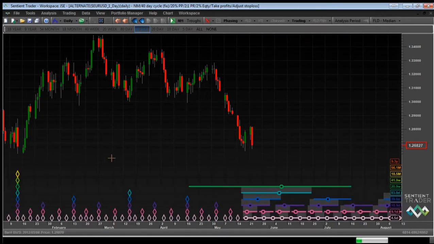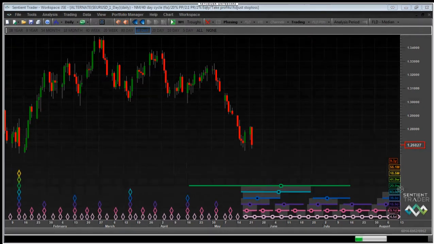Okay, well, the Euro US dollar, and I'm going to have to wrap up today's trader chat with a quick look at the Euro US dollar. I'm sure I've got the Euro US dollar here. Here we go. Here's the Euro US dollar. Let me get to the other chart. This is my preferred analysis on the Euro US dollar. Here we go. So my preferred analysis of the Euro US dollar is that the Euro US dollar is presently bouncing out of a 20-week cycle trough.